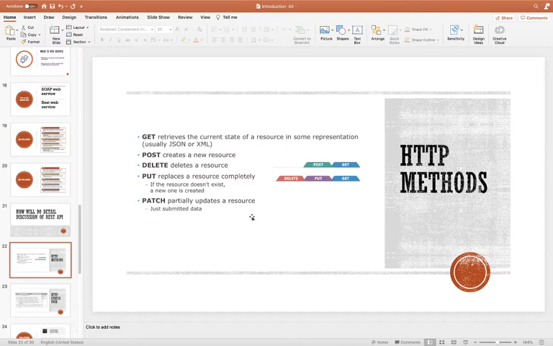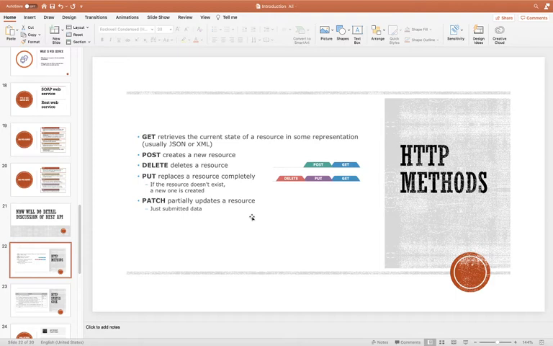Okay, so these are all the HTTP methods we use very frequently, so you should have an understanding. Whenever you create any REST API, you need to use these methods accordingly. Now if you say, when I am retrieving a resource I should use GET, but if I use the POST method, will it create an error? In that case your answer will be no, it will not create an error, but it will create an understanding gap between you and someone using your API.